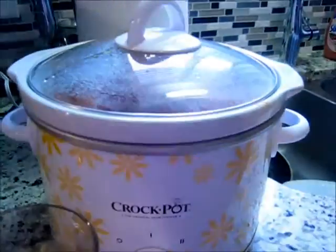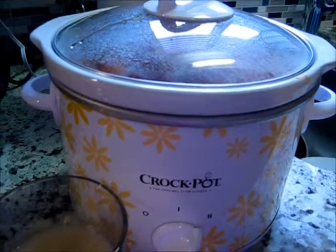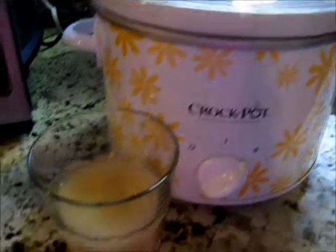I'm actually making my vegetarian friendly pasta sauce right now in the slow cooker, and that will be in a different video. But anyways,